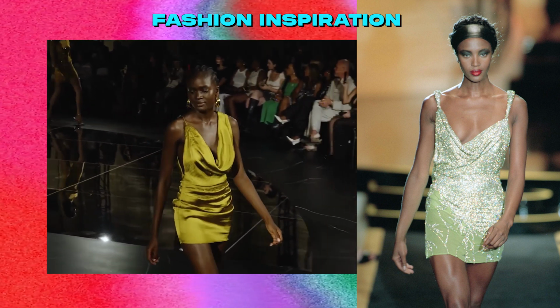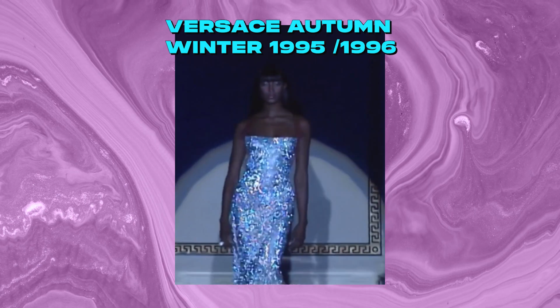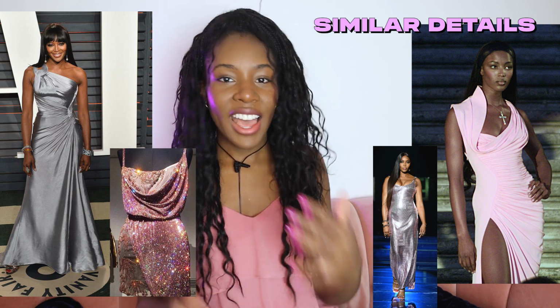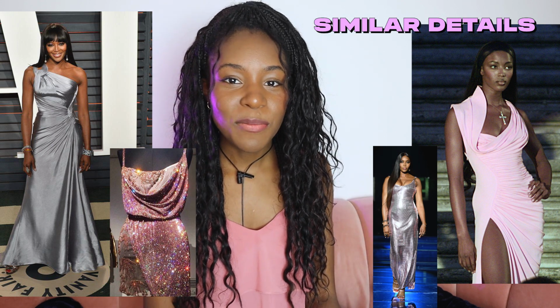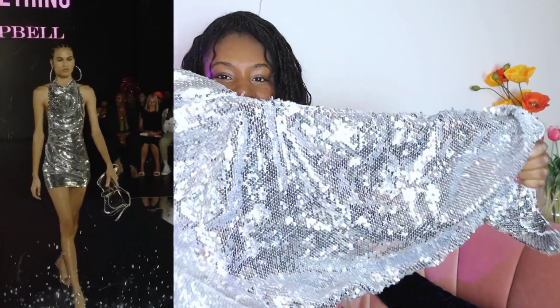I can tell that a lot of thought went into this design collaboration because a lot of the silhouettes in this collection are really similar to looks that Naomi Campbell has worn previously down the runway and to other red carpet events, especially runway shows that she did for Versace back in the 90s. PLT definitely looked back into her archive and looked back at her old images and used that as inspiration for this collection, which leads me to the first outfit which caught my eye, which is this really beautiful, really sparkly,